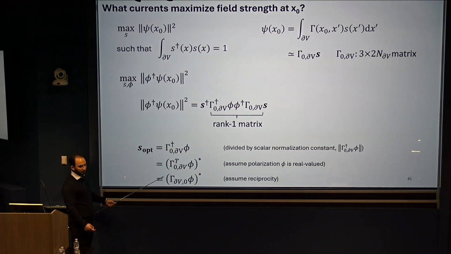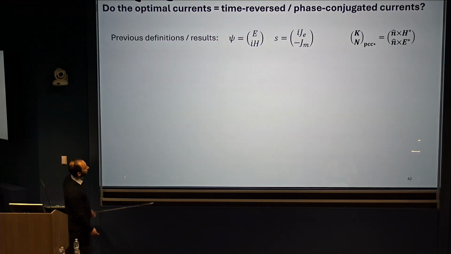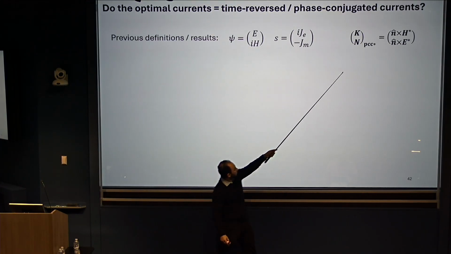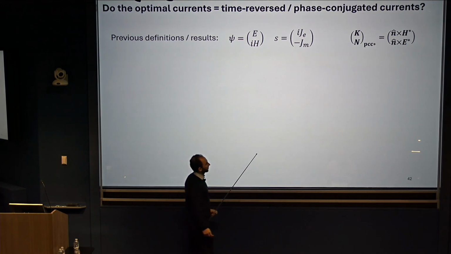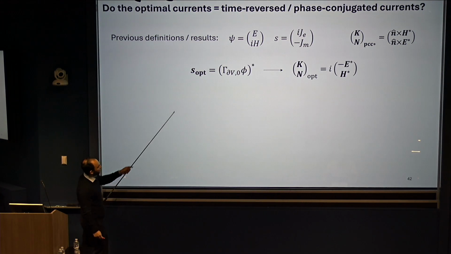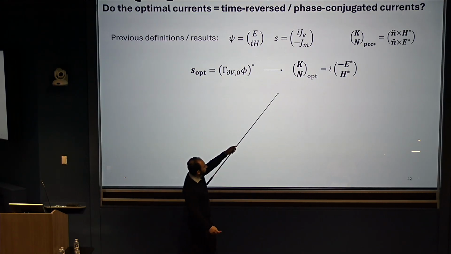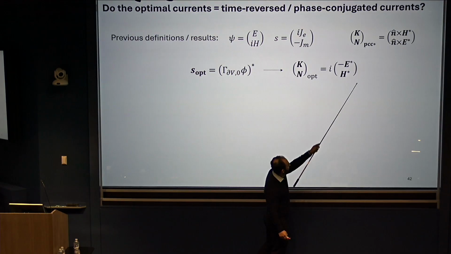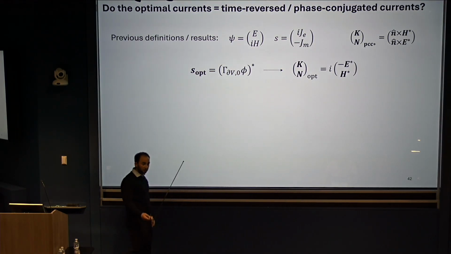All right, is this exactly what we do in time reversal? Almost. So in time reversal, you're setting these conjugates of the perfectly canceling currents that are given by that expression here. If you work through the vector I just defined and you write out what are these optimal currents, it's a global phase times minus E conjugate and H conjugate. So it sort of looks a lot like the perfectly canceling currents, but it's not the same.